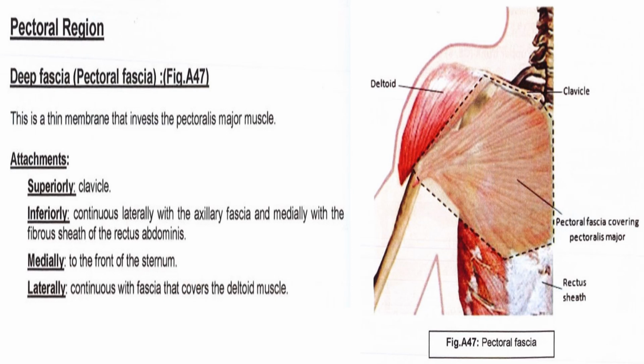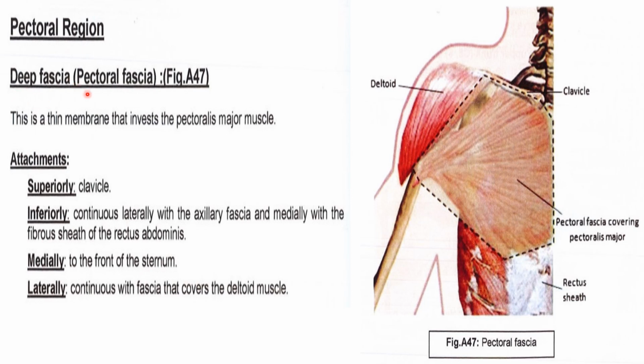Hi guys, let's study the pectoral region. Today's topic is the pectoral region, which consists of fascia and core muscles, which we will see. That is pectoralis major, pectoralis minor, subclavius, and serratus. Okay. Now let's see the deep fascia,